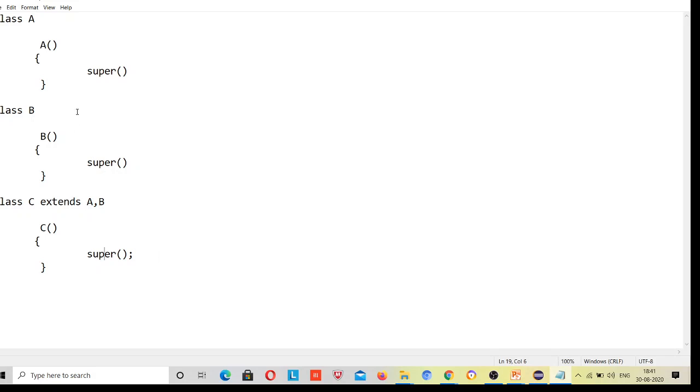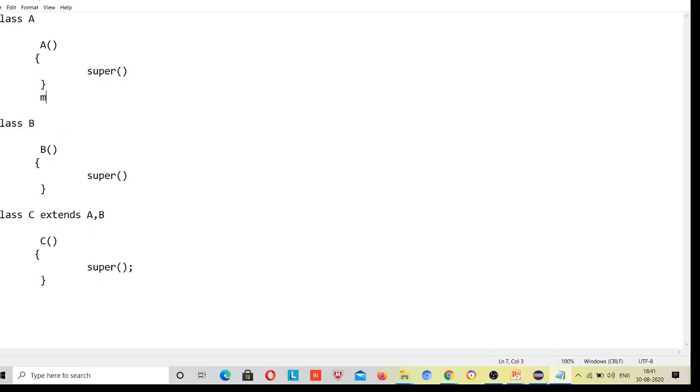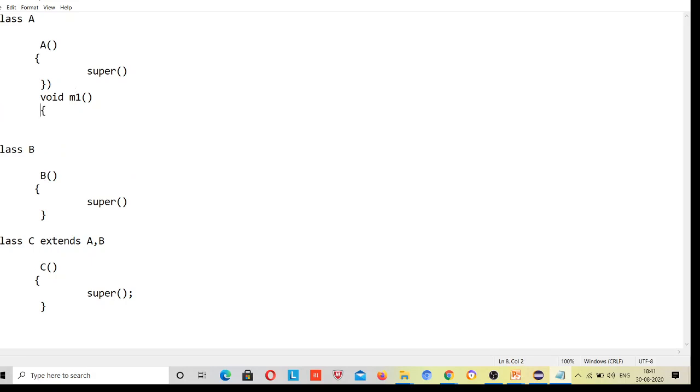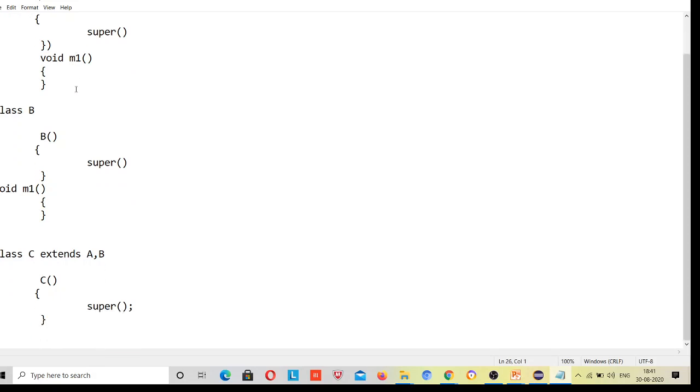The second one is the diamond problem. What is the diamond problem? Class A has an M1 method, void M1. Class B also has an M1 method. No one can stop this.